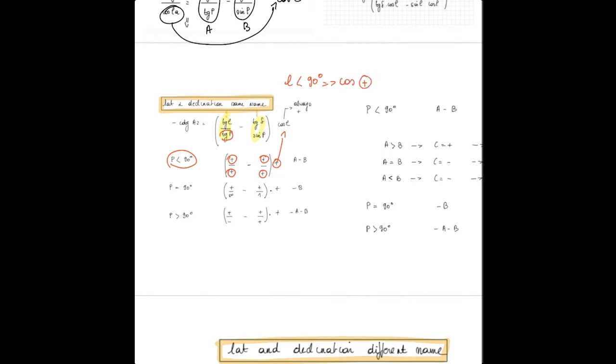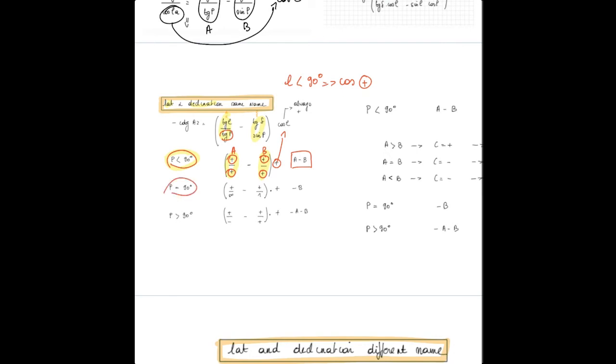I'm not going to run through all these different cases, but when your polar angle is smaller than 90 degrees and latitude and declination have the same name, you have a positive sign here, and also a positive sign there. The result is that your A value and your B value need to be subtracted. Okay, and if you do this for all the other cases,